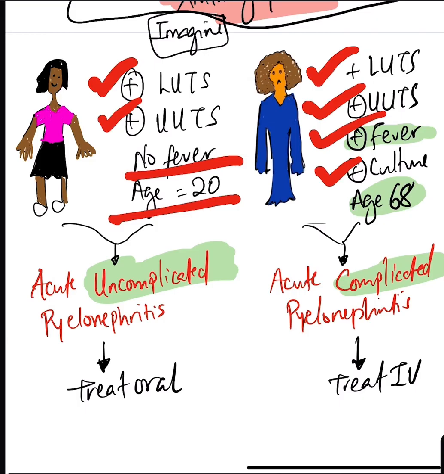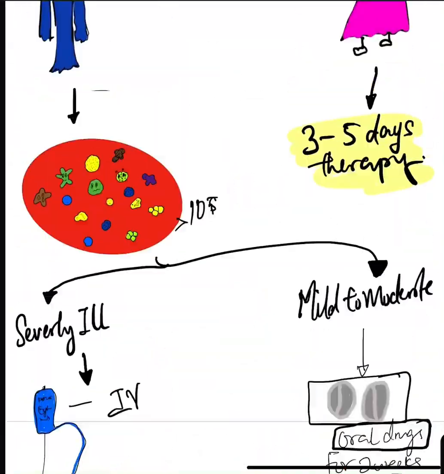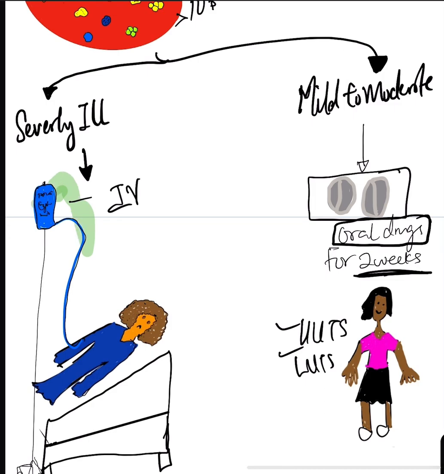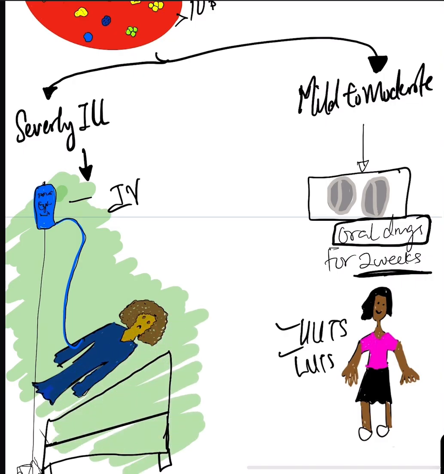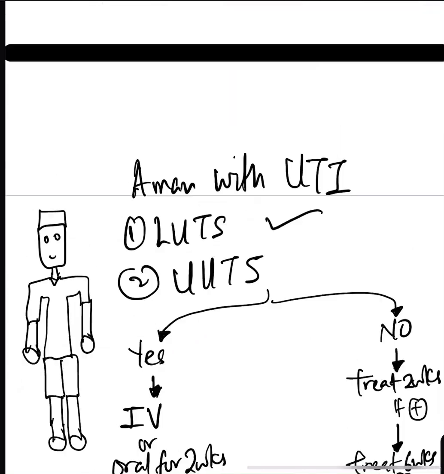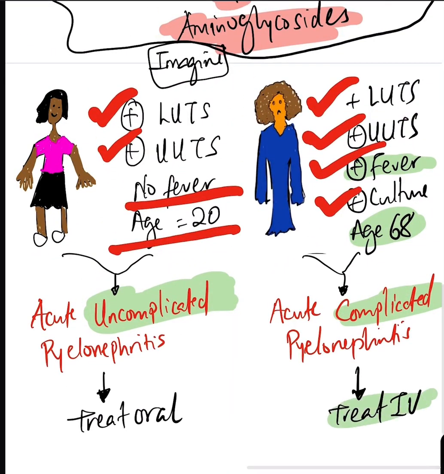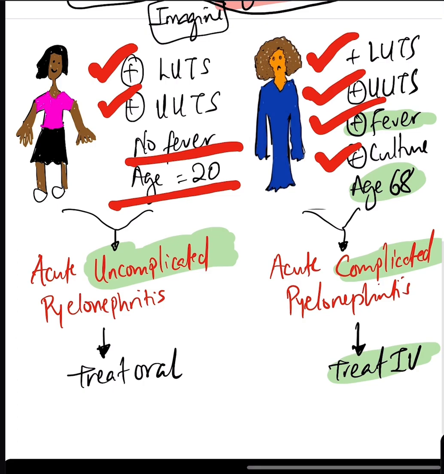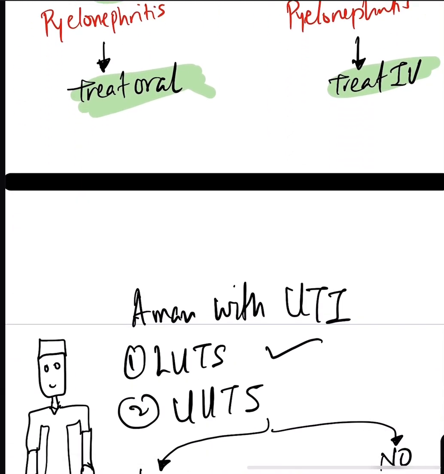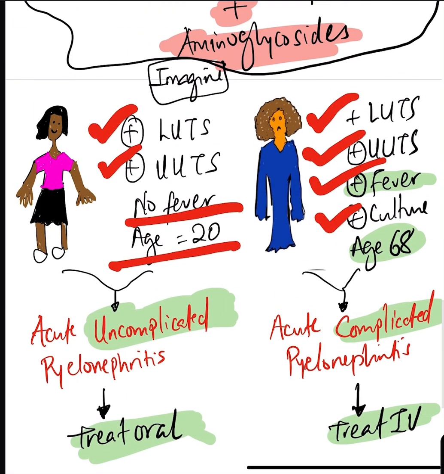So as you remember, this lady was given IV drugs. You can see the IV line. She's on the bed receiving her IV drugs. So we give her IV. And this patient that has fewer complications, we give her oral treatment. So basically this is the summary, and this is the basic treatment for acute pyelonephritis, complicated and uncomplicated. And for acute uncomplicated cystitis,